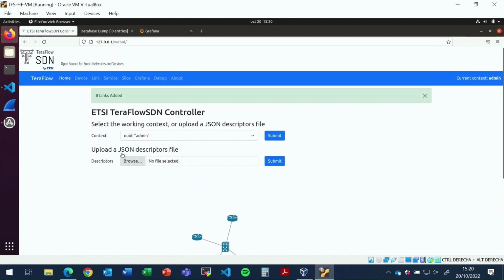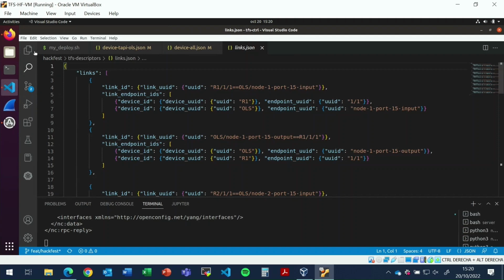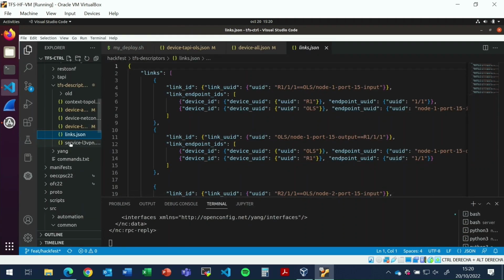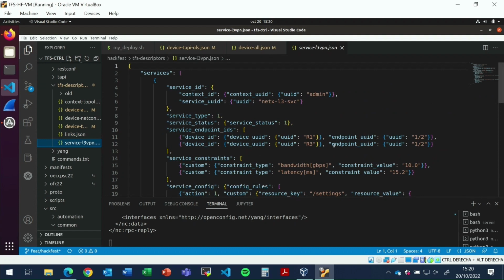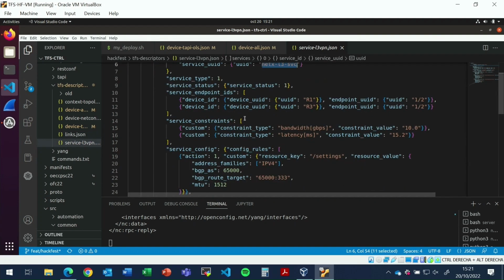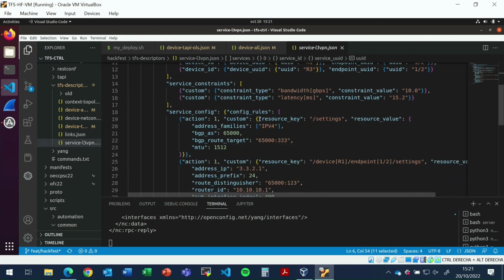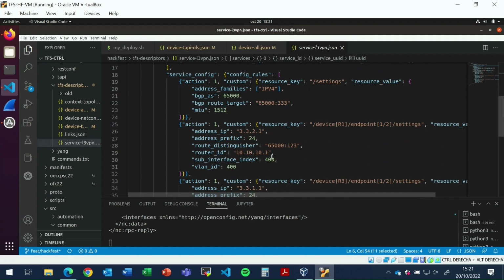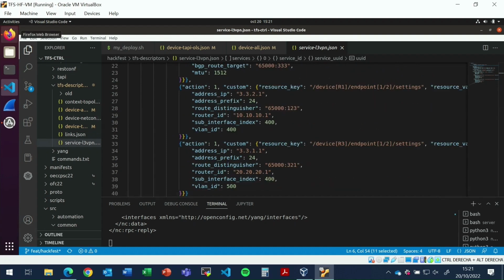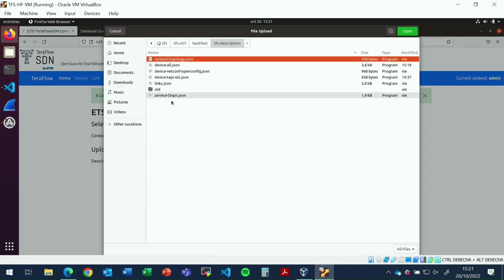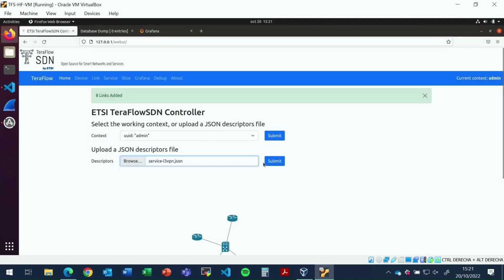Next step is to create the service. As I was saying, here we have the service layer 3 VPN. With all the details, we are creating a connection between router 1 and router 3, interfaces 1/2 in each case. The identifier of the service will be NetworkX layer 3 SVC. And we are defining here the constraints in terms of bandwidth, latency, and also some settings about IP addresses and routing stuff. Okay, so let's onboard this descriptor, service layer 3, okay, submit,